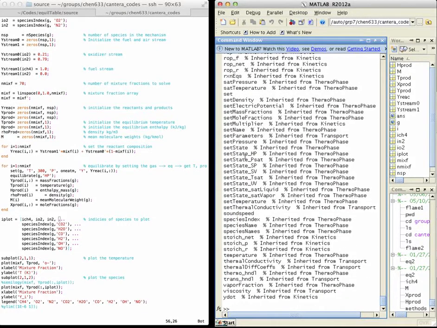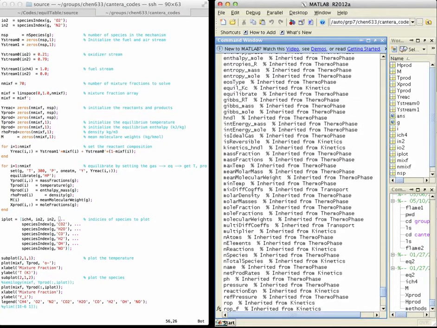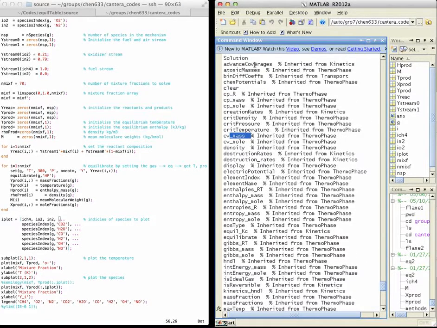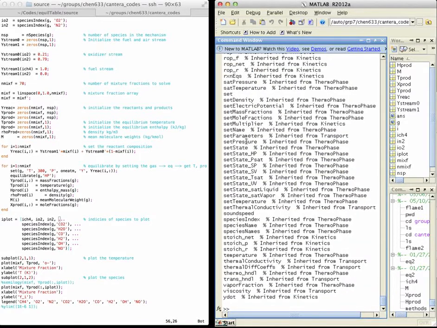So if you want to set the mole fractions, if you want to grab the species indices, if you want a list of species names, if you want the thermal conductivity or the viscosity, if you want the, I don't know, C sub V on a mole basis, on a mass basis, etc. You can use those. You can find out more about them with help. You can type, for instance, help sound speed,